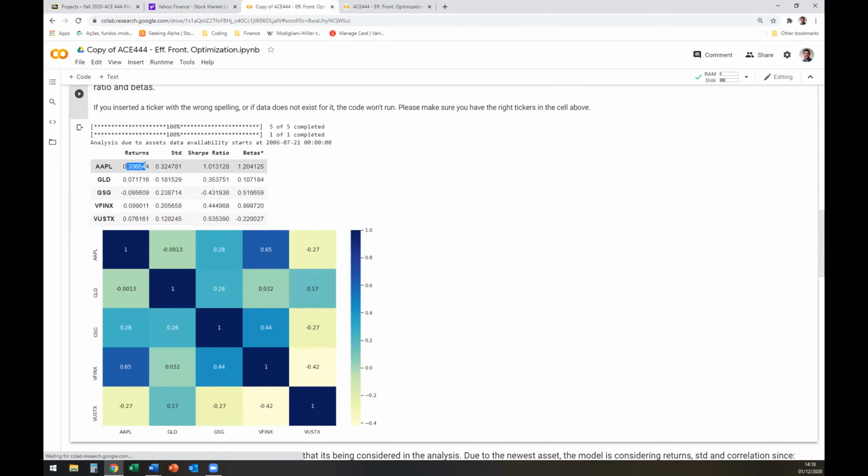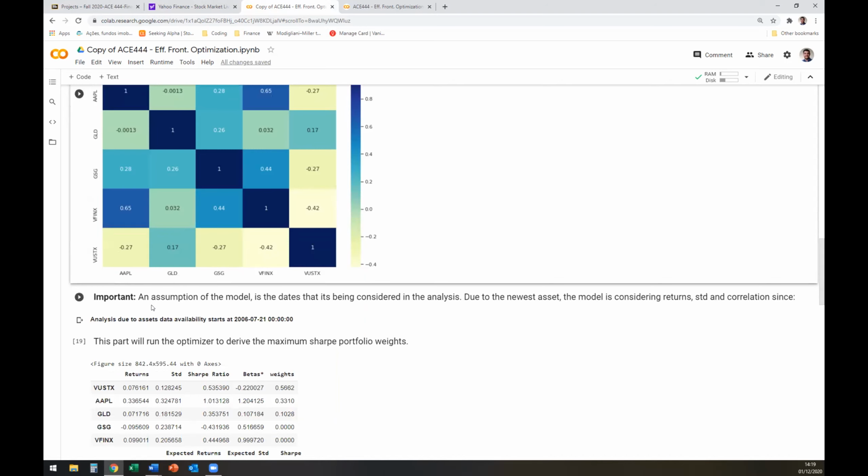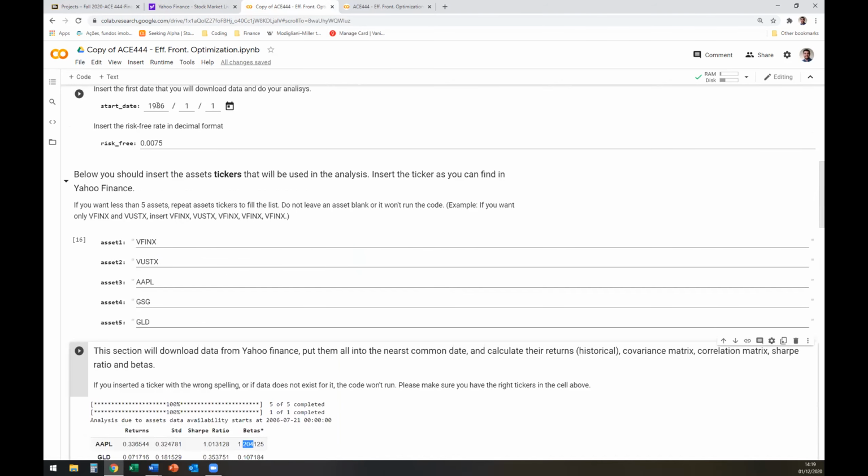You have each asset's individual annualized returns, standard deviations, Sharpe ratio, and betas as well, and the correlation matrix that you can use to describe why you picked those or not. And now, important: the assumption that I just talked about. Even though we had data here starting in 1986, because one